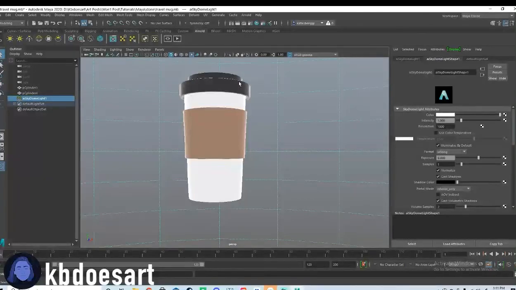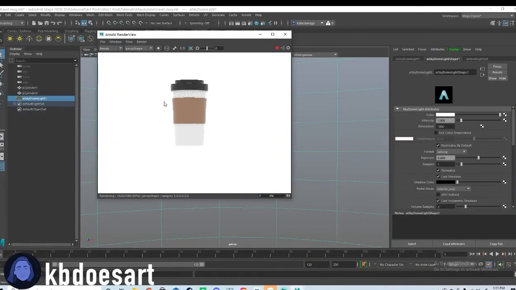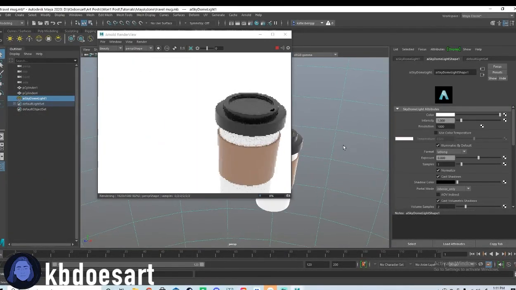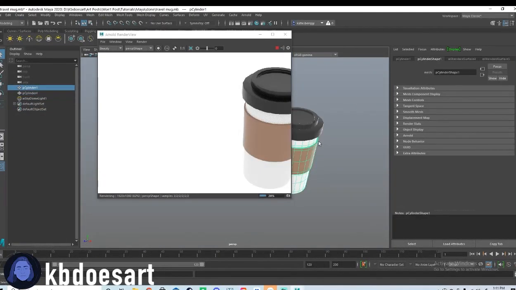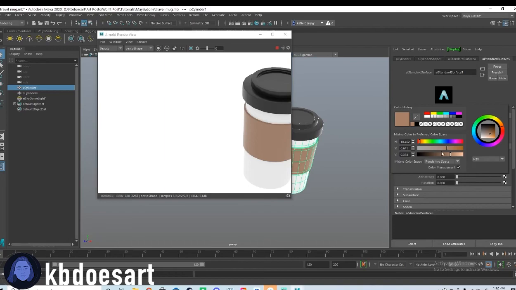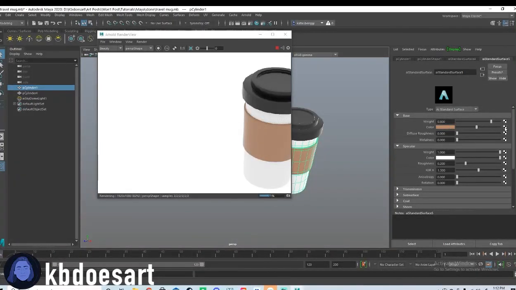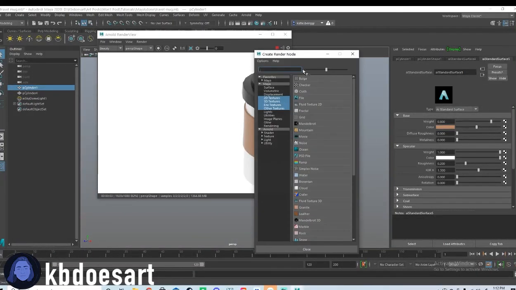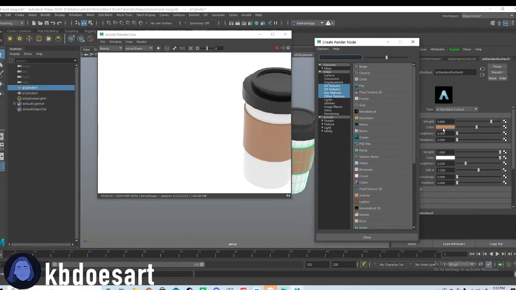All right. Next, you can go ahead and click on Arnold and then render, and you can see how it's turning out. If you want to edit any of the colors, you can do that by clicking on these AI Standard Surface and then literally just editing them here. And then also technically, if you wanted to add a texture, click on the little checkerboard next to color, and we could even make this like,